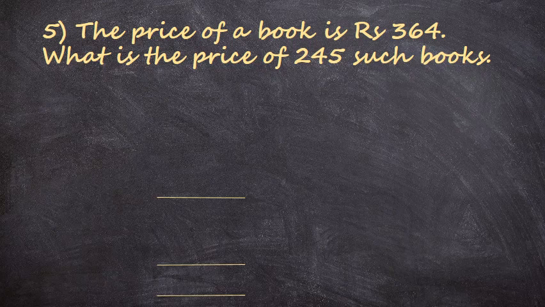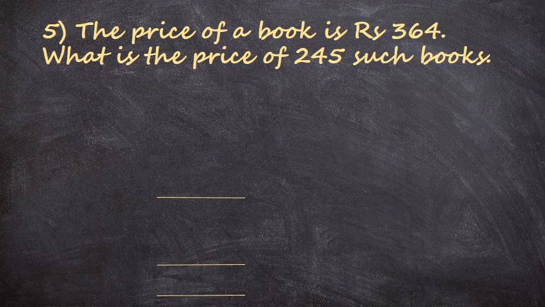one chocolate costs rupees 10. What will be the cost of 5 chocolates then? I am repeating, if one chocolate costs rupees 10, what will be the cost of 5 chocolates? Simple, the cost of 5 chocolates will be equal to 5 multiplied by 10, that is equal to 50